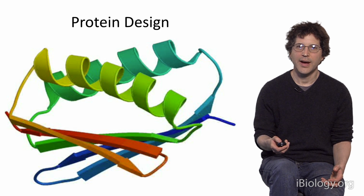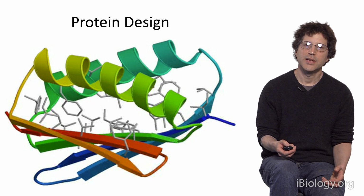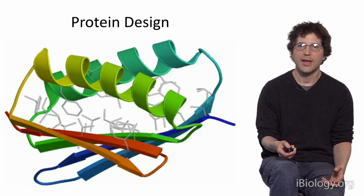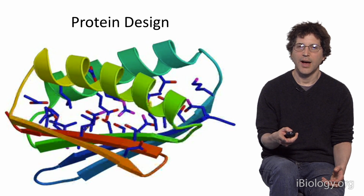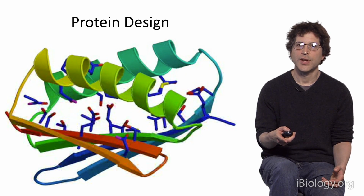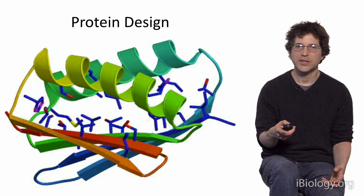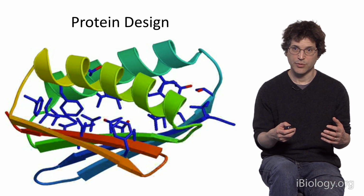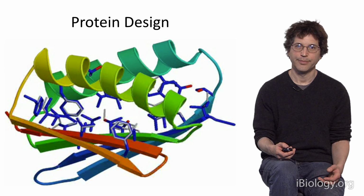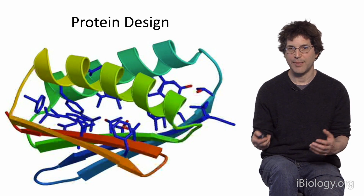The way the protein design calculations work is shown very schematically here for the simplest possible case. This is the problem where we have a protein backbone we want to make, and we want to find a sequence which is very low energy in this backbone. So we keep the backbone fixed, and we search through the different combinations of amino acids for an amino acid sequence which is very low in energy in this structure. And then, as I said, once we have that sequence, we can go to the lab and make it and